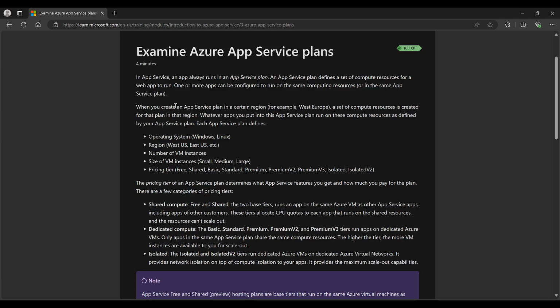Operating system can be Windows or Linux. Regions can be any region where an Azure data center is located. Could be East US, West US, East Europe, West Europe. Number of VM instances. Size of VM instances: small, medium, large. Pricing tier: free, shared, basic, standard, premium, premium V2, premium V3,